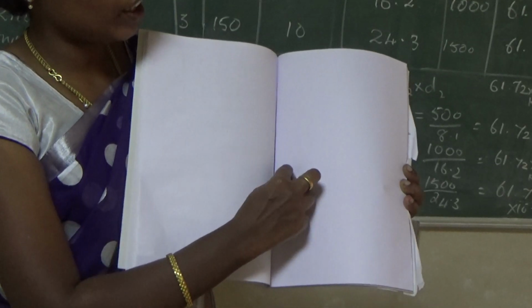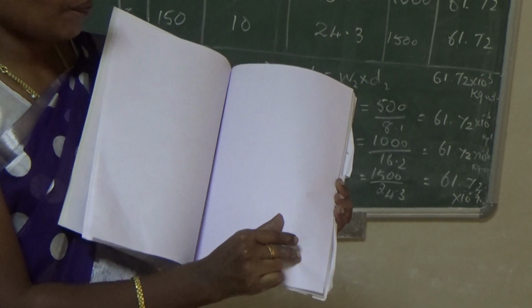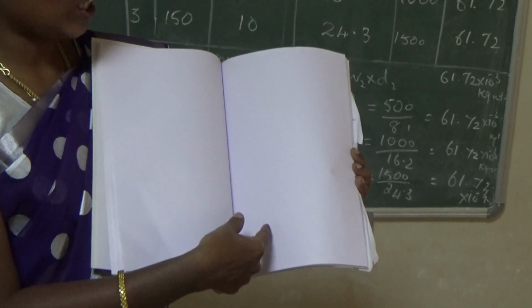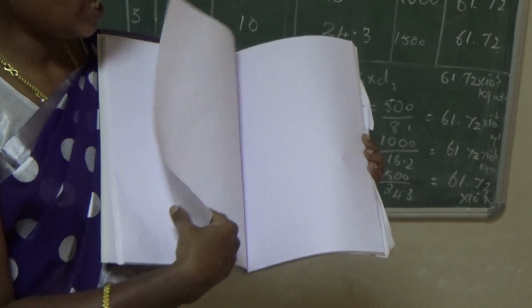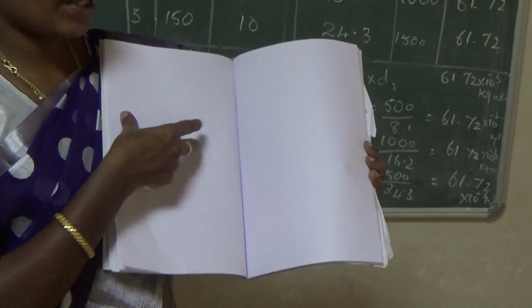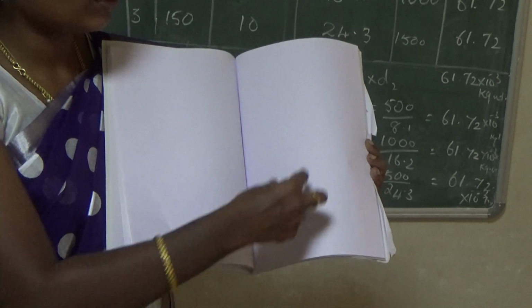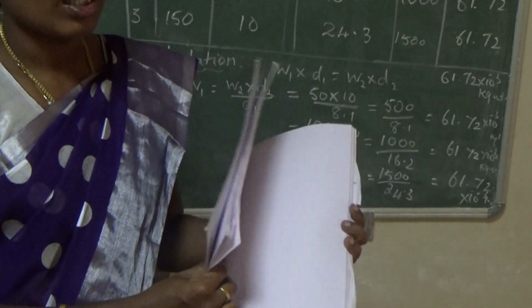So then we continue here: aim, apparatus, formula, then procedure. After completing the procedure, on the next page, on the right side only you have to continue. On the first page, the left side has the diagram. Here you have to draw the diagram, and on the next page, the left side has the tabular column with calculation. Here you have to do the calculation. After finishing the calculation, on the right side write the result. Last, here you have to write the result.